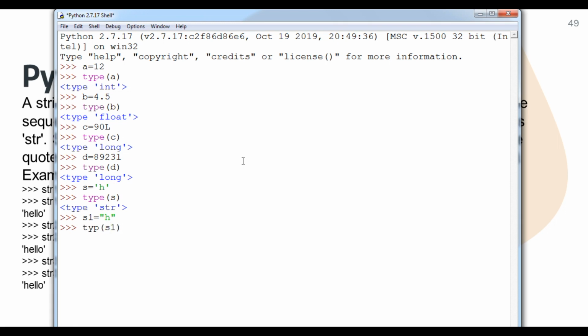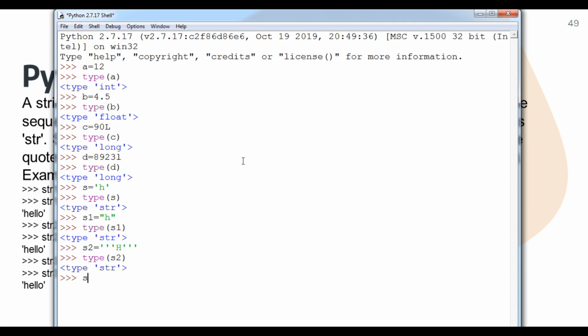Then s2 equals triple quotes, that is three single quotes, with capital H inside, triple quote closed, and type(s2). Now you can see str. So if a character or letter is enclosed in single, double or triple quotes, it is considered a string. In other words, a string is a collection of characters enclosed by single, double or triple quotes.